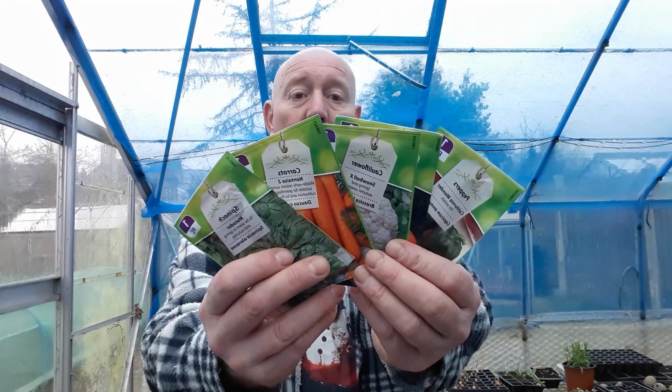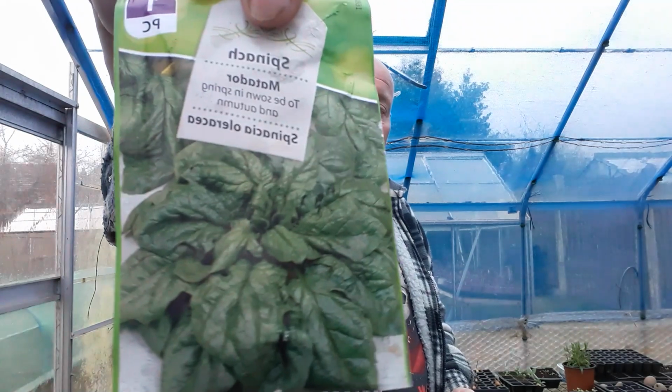Just thought I'd mention these seeds for anybody that lives in the UK. If you live near a Lidl, go get yourself some really cheap seeds. I've just bought these, all different varieties, and they're 29p a pack, or you can get 5 packs for £1. That's really cheap. And I've got me some spinach,